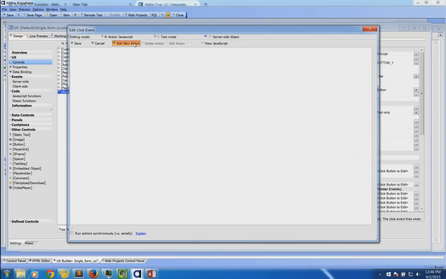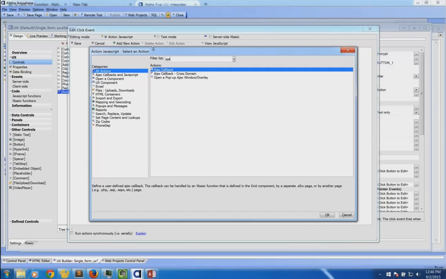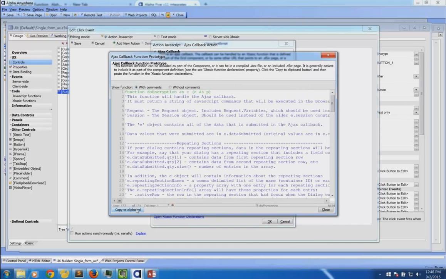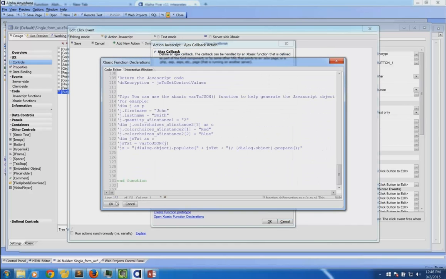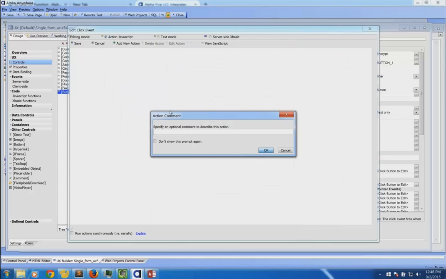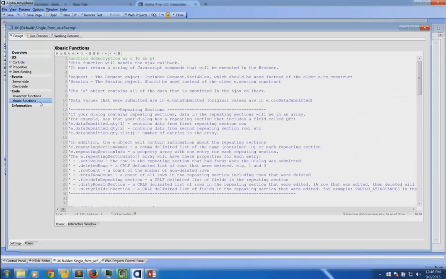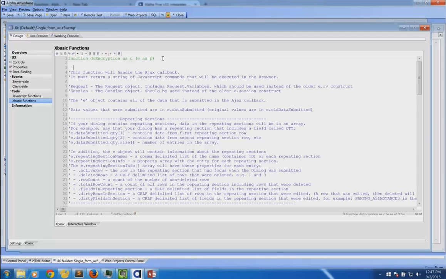So what I would do is on the click event, I would add an action called an AJAX callback, and I'll call it do encryption. And I'll go ahead and put that there. So when I click this button, it's going to call that AJAX callback, and basically that calls the function over here. And so in this function right here, the first thing I'm going to do is I'm going to say